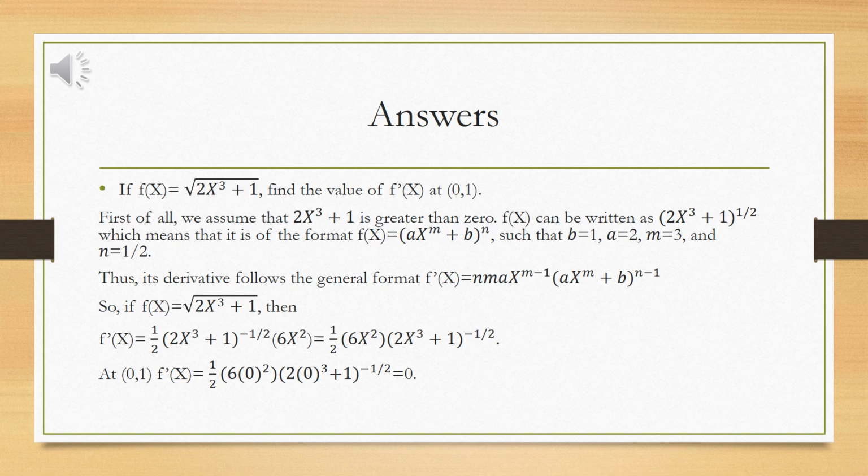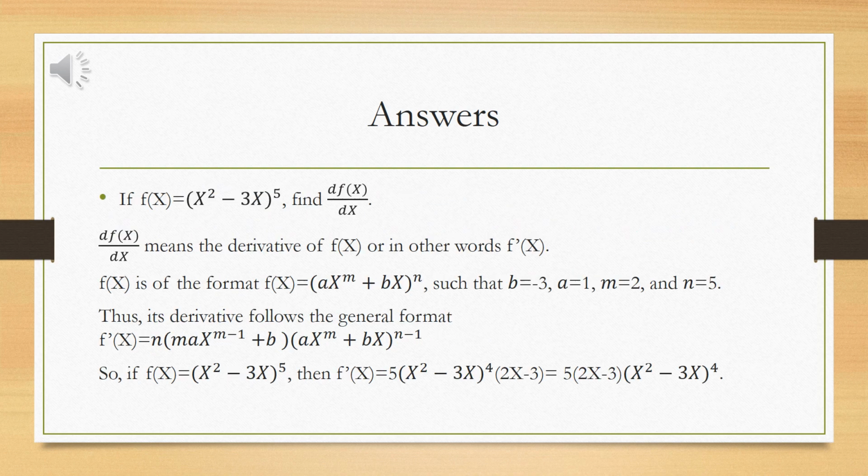At 0, 1, f prime of x equals half times 6 times 0 squared times 2 times 0 plus 1 to the power minus half, which is 0. If f of x equals (x squared minus 3x) to the power 5, find df of x